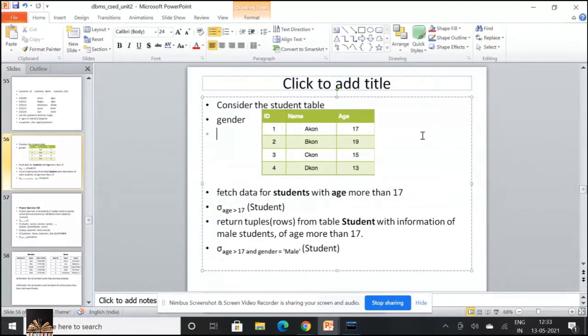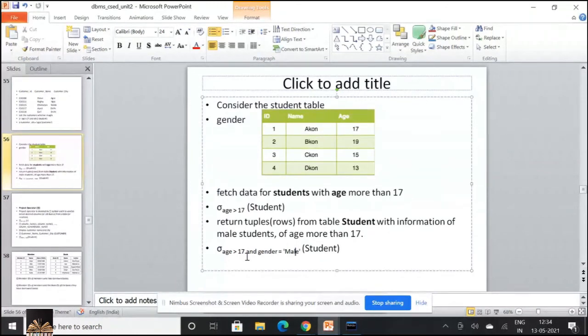So I can use logical operators to work with complex conditions. Since I have to test more than one condition, I use logical operators. Sigma, the first condition is age greater than 17 and gender is equal to male, from the students table.